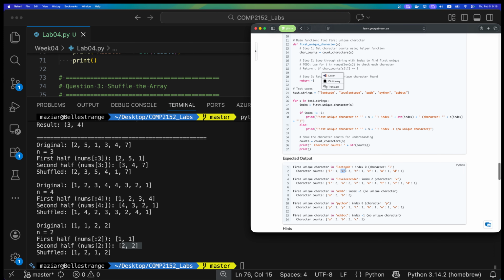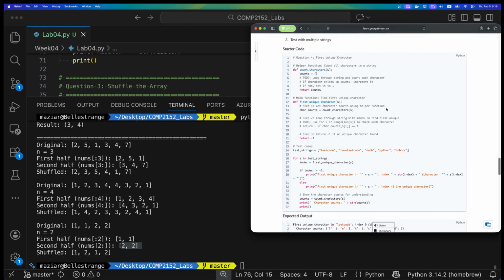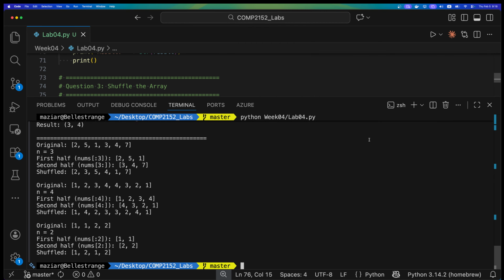That would be number 3. So 3 E's, and the rest are 1. "Love LeetCode" will have 2 L's, 2 O's, 1 V, 4 E's, and the rest you see here. It's super easy. Let's grab the starting code and go back to the